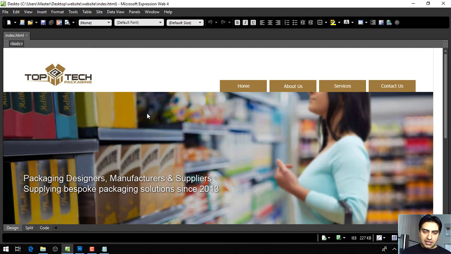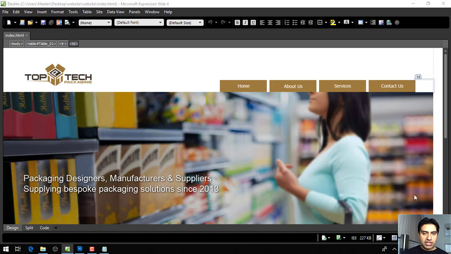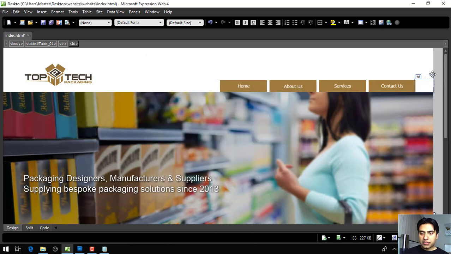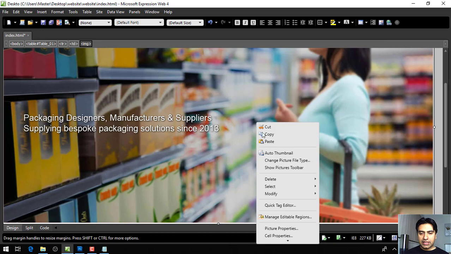Now there are plenty of things you can do in this editor. You can change the background to any color if you like. If you right click on this page and click page properties, you can go to format and change the background color to anything. You can see previously it was white background, now it's a gray color. I'm not going to change it, so let's keep this background color so you will know exactly what I'm doing. So right click here,